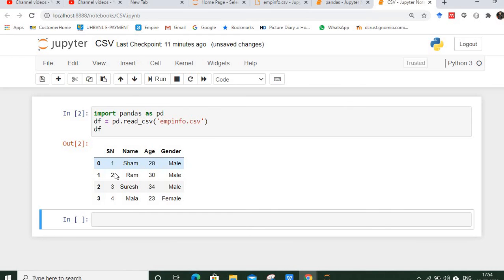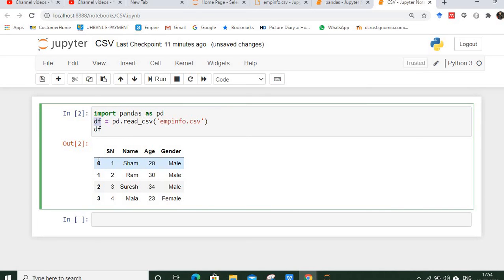Yes, now you can see that we have those columns and the corresponding rows in this data frame, and of course we also have this sequence of numbers 0, 1, 2, 3 with each row. That is basically an index in Python data frames and Python series, so it is generated by default. Now we have this CSV file inside this data frame, and all the functions and operations that we can apply on any data frame can now be applied on this file, and we can retrieve the information as per our requirements.